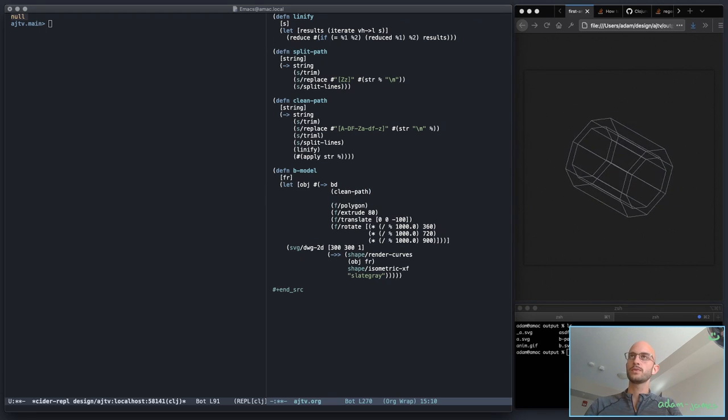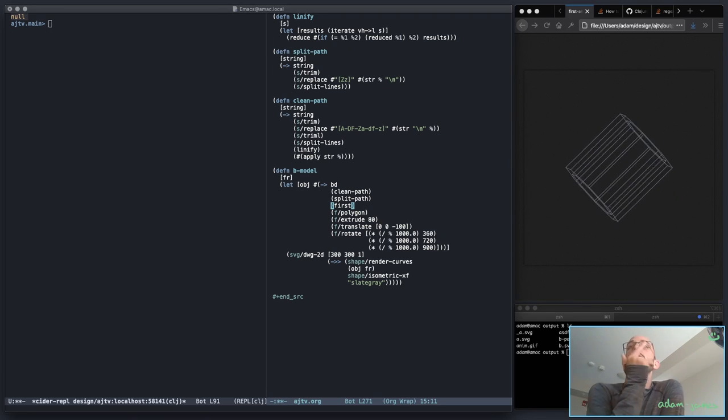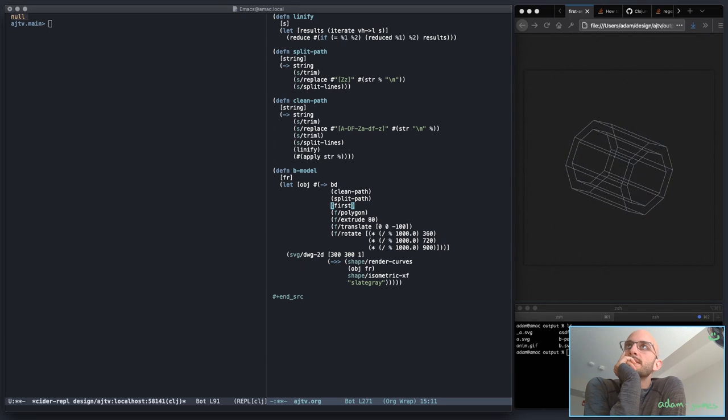Run that through split path. Take the first path off of that and just worry about the outline or the inline, whichever one is first. And then